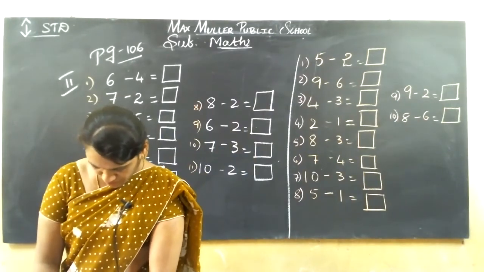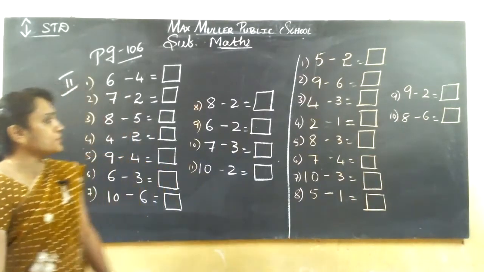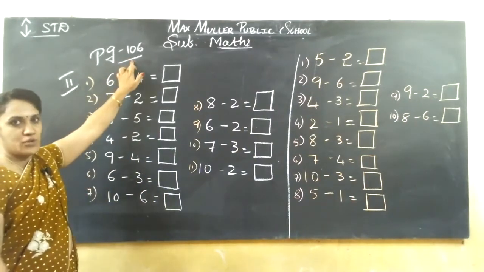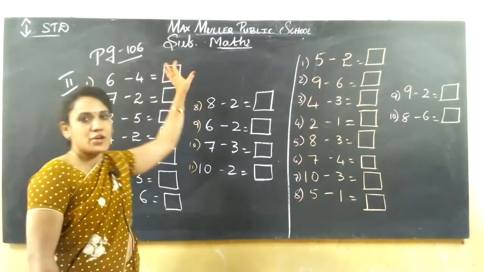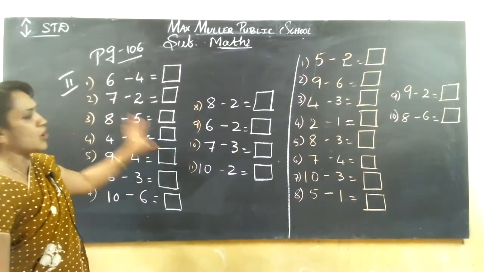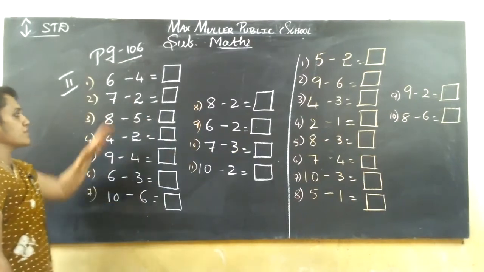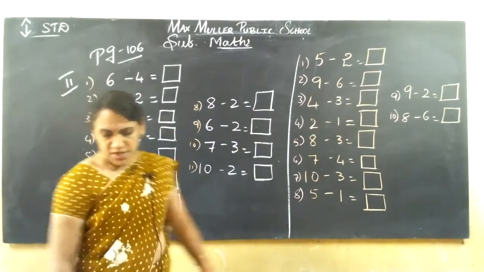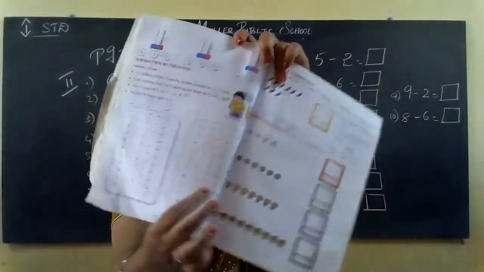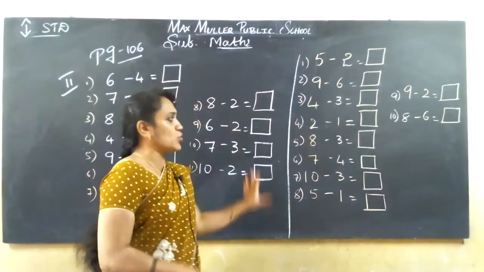So, first what you should do, don't get confusion. First open page number 106. In that, first main we have finished in the previous class. Second main open. Subtraction sums are there. You know already how to do the subtraction sums. See this box, I'll show you once. This box has 11 sums and this right hand side box has 10 sums. All the sums I have written questions and kept ready.